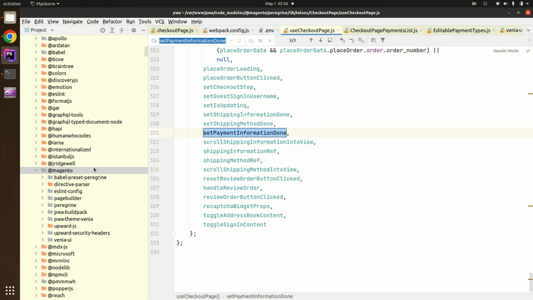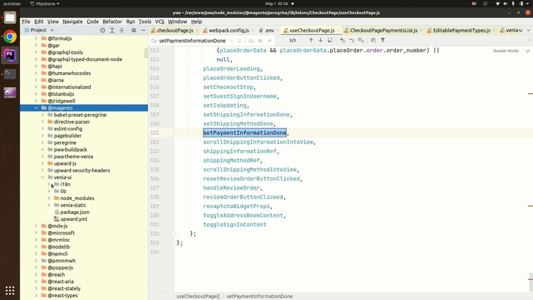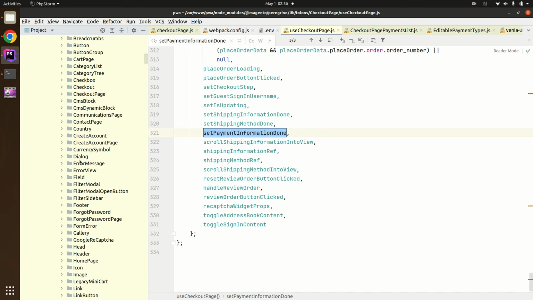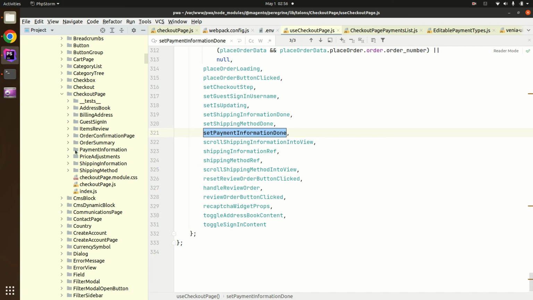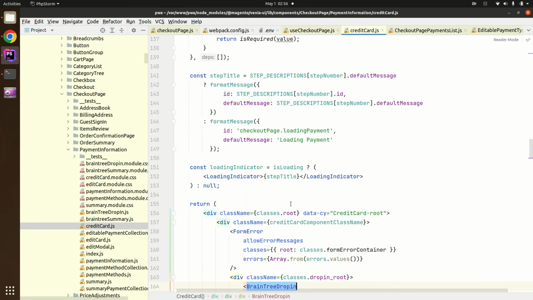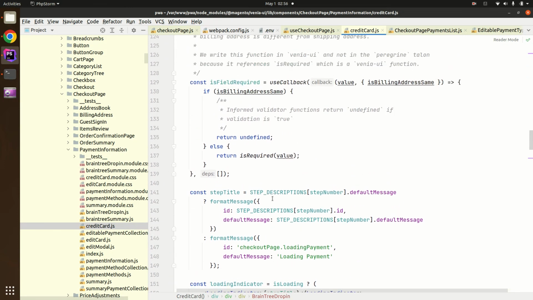For example, Braintree, those hooks have been handled. We haven't used those hooks. So for example, in Venia, if you look at lib components, checkout page, Braintree, in payment information, if you look at credit card, okay,